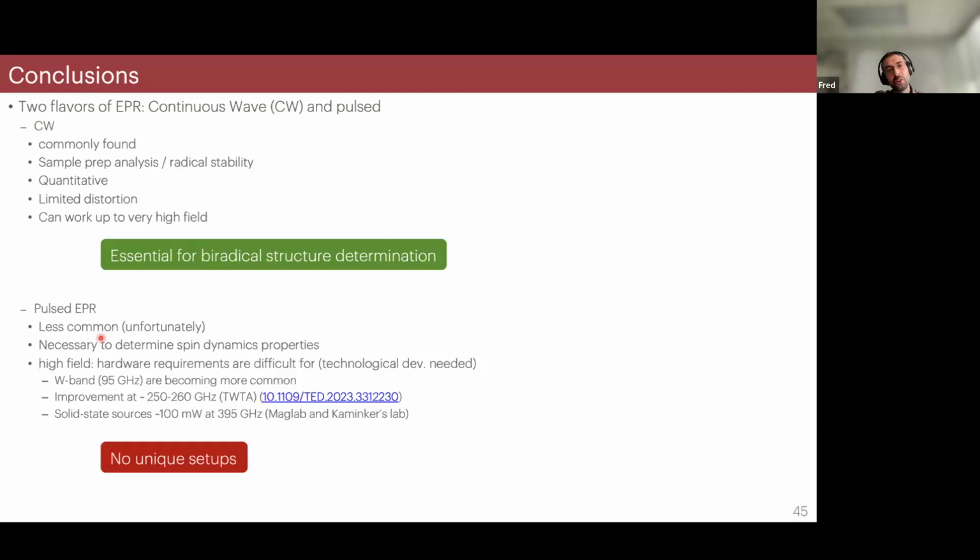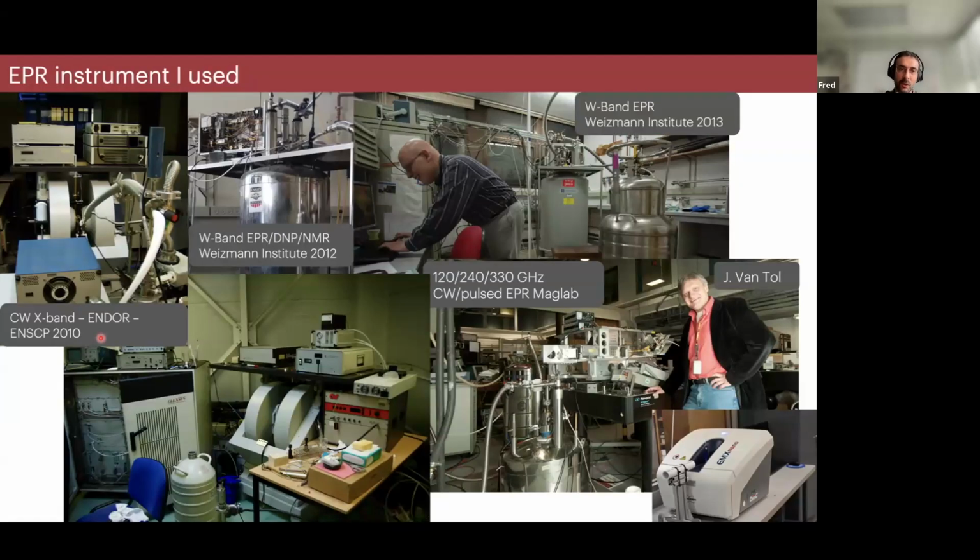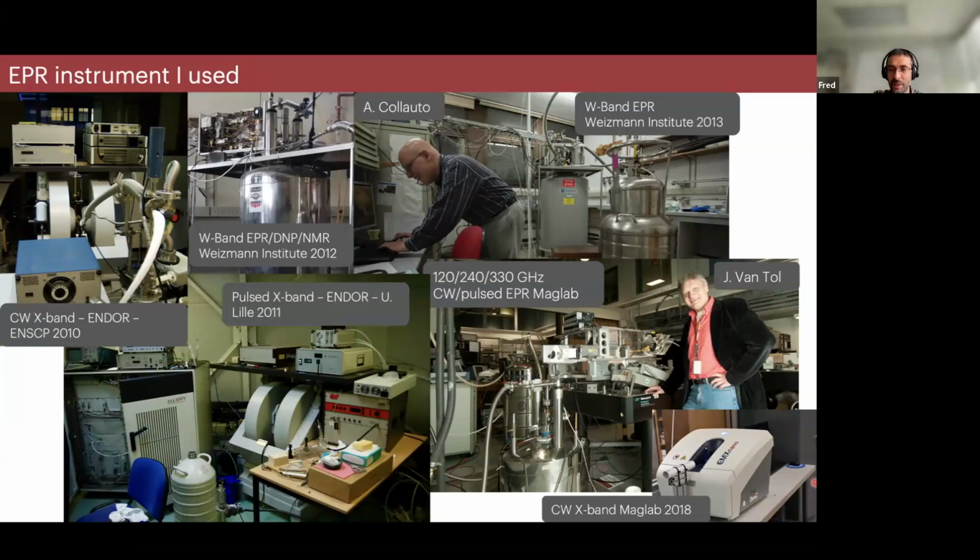Also, while I talked a lot about EPR, I never showed any of the DNP setups I worked on. So those are pictures of the setups I've used, starting from X-band to W-band with Daniella Goldfarb and Shimon Vega. The pulsed EPR when I was a PhD student, and now the pulsed EPR I'm using with Hans van Tol, or even this EMX Nano that I'm using for CW experiments at the MagLab to check the DNP samples when I'm running experiments.